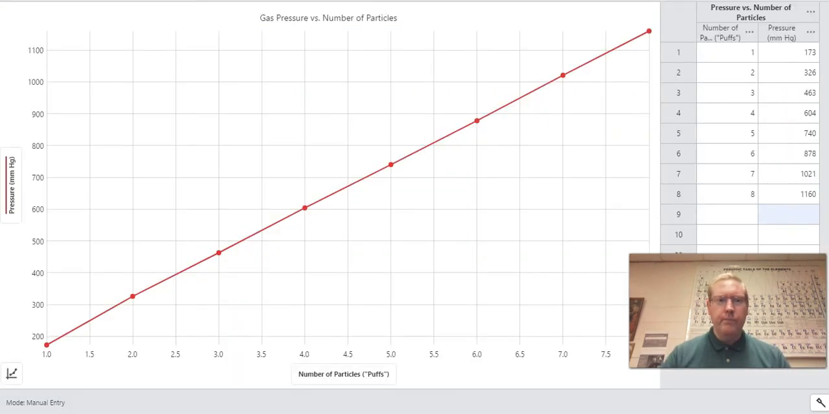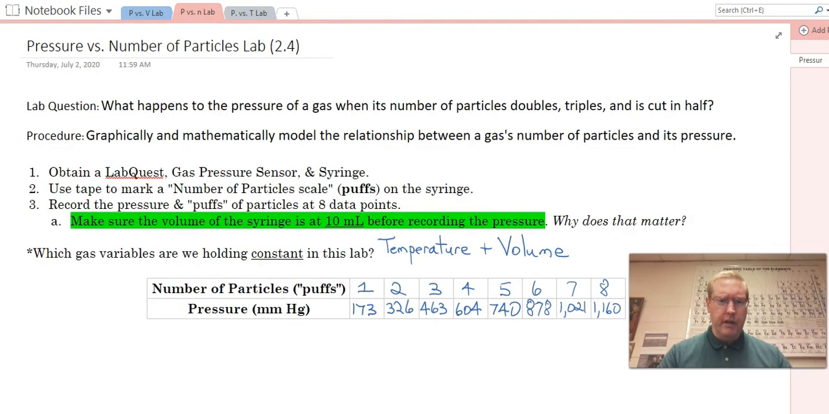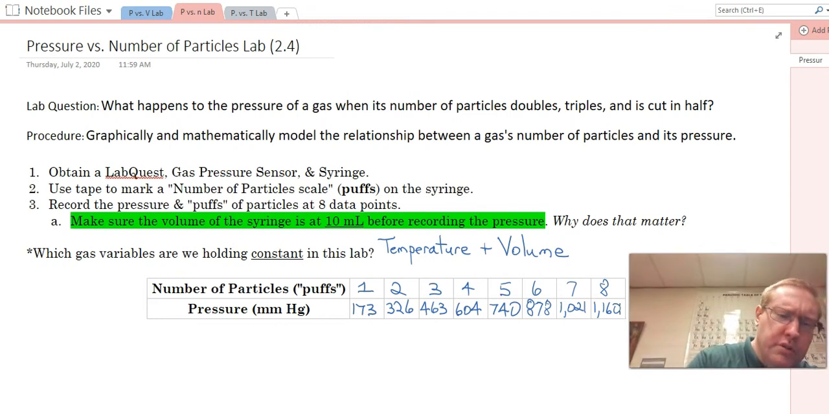I'd like to show you that for gas pressure versus number of particles, and I think you'd have to agree there seems to be a very strong relationship here. As the number of particles increases from 1 puff up to 8 puffs, there is a definite increase in the pressure, going from less than 200 millimeters mercury up to more than 1100 mmHg. So once again, we seem to have a very clear relationship going on here, and I think I would like to take note of that. So I'm just going to write down here at the bottom